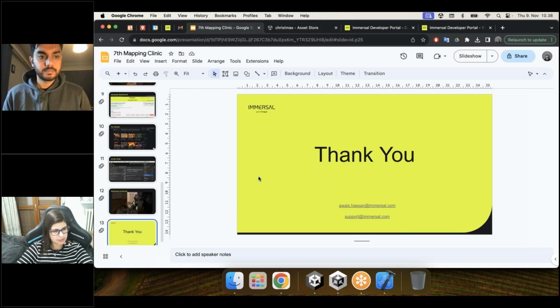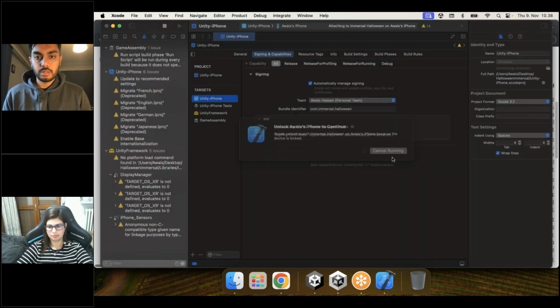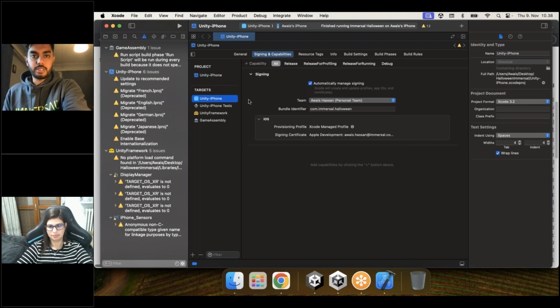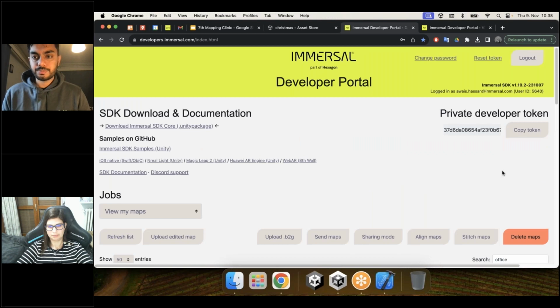Another question here. Can you please show us again how you can share a map with a friend? Oh, yes. Let me give you a detailed tour. Okay, so in the dashboard,